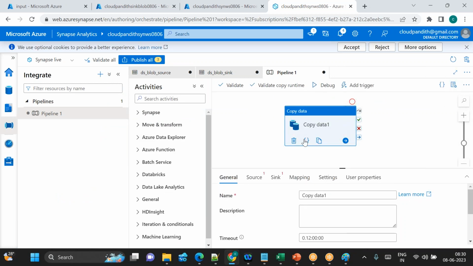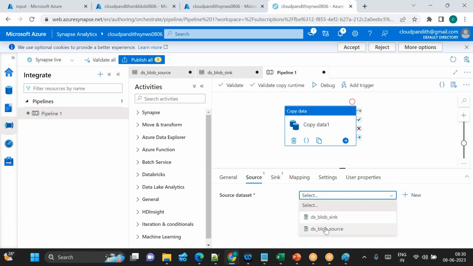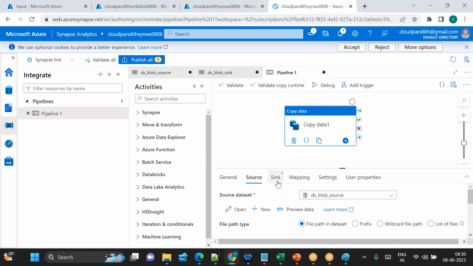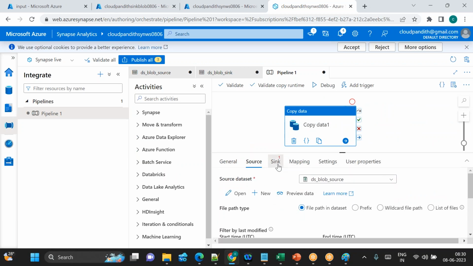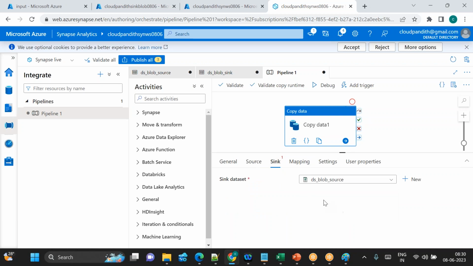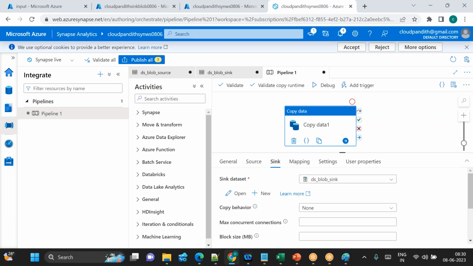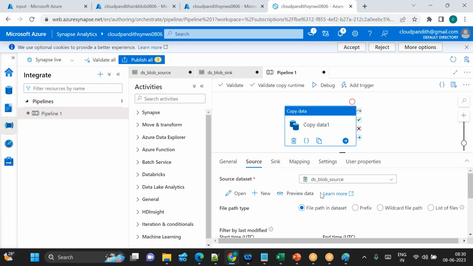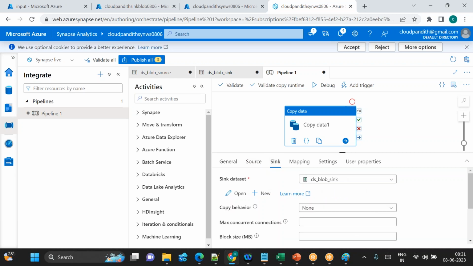Okay. Now what is source? Source is source block. Sync is what? Sync block. So source is where we selected input container credit one.csv file. Sync is the output container. Okay. If you just click debug,